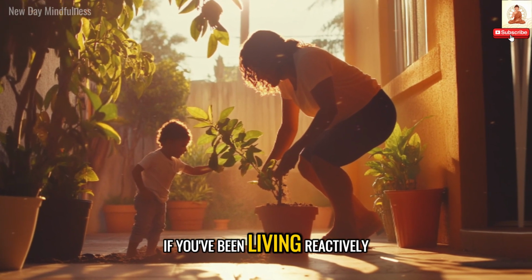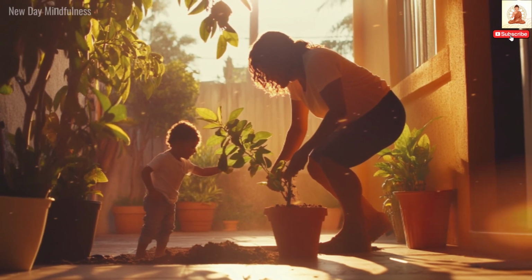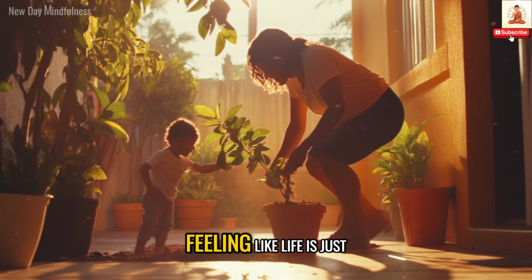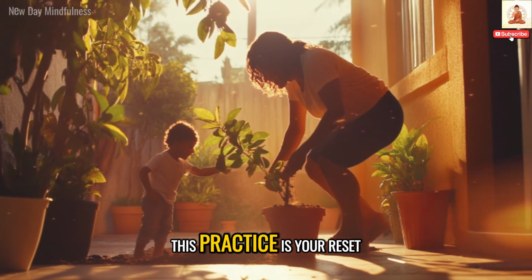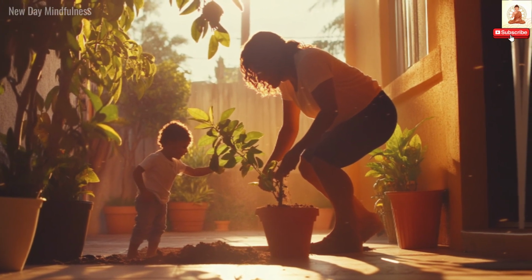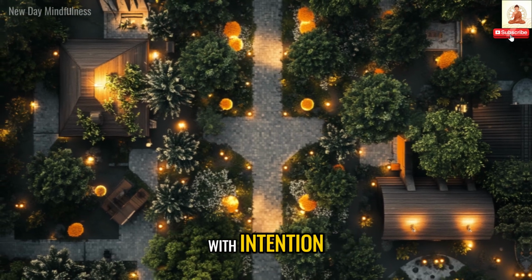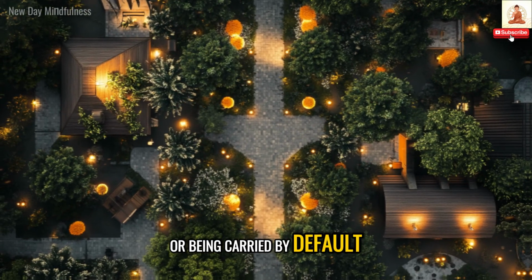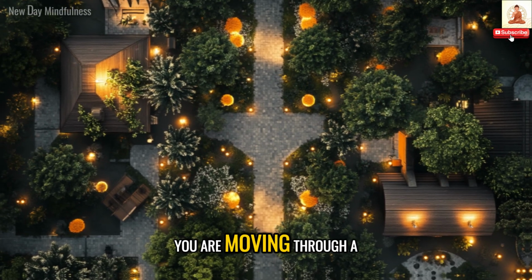If you've been living reactively, constantly managing situations, responding to others, feeling like life is just happening to you instead of for you, then this practice is your reset. Because the entrance of your home, more than any other space, reflects whether you are living with intention or being carried by default. Every day as you walk up the path to your door, you are moving through a decision